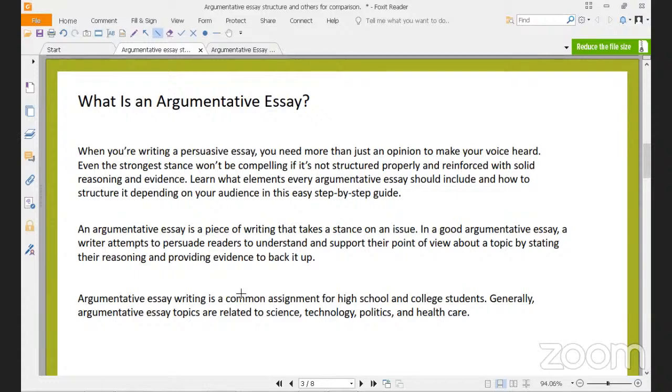So yes, we need to know about the structure and also what is your audience. So this one has to be very meticulous whenever we write our information or we get our ideas. This is not like the previous essays. Remember, you want to be very persuasive. If you fail to persuade your audience, then it's not even an argumentative essay. It's going to be more of a different type.